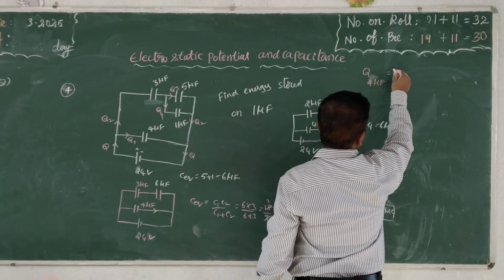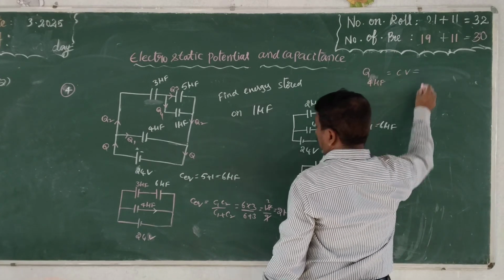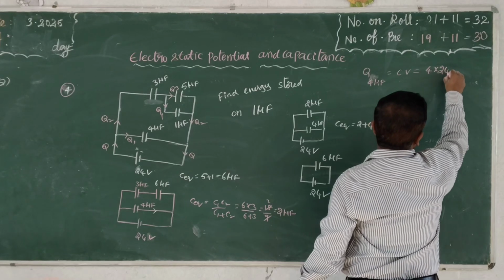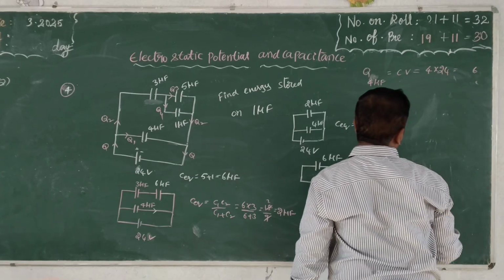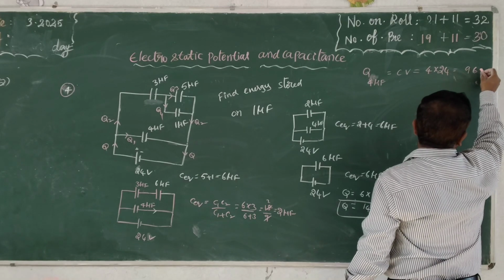What is the formula? Charge equals CV. C is 4 microfarads, V is 24. What we get? 4 4s are 16, 4 2s are 8, 16 and 96,